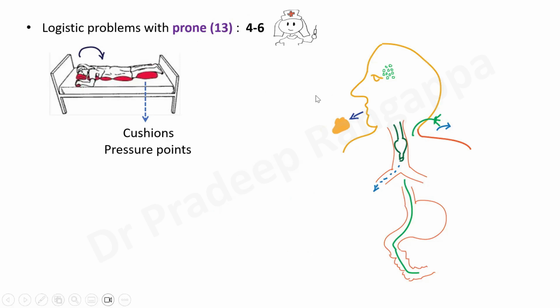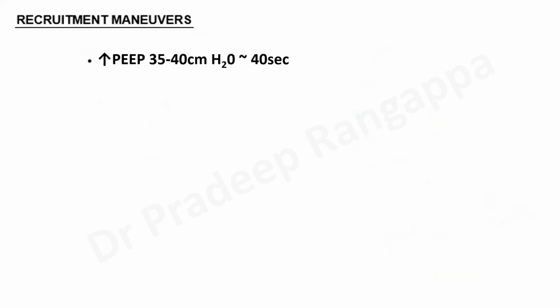And there are certain complications in proning. You can have conjunctival congestion or swelling around the eyes. There can be a lot of purulent secretions, and there can be migration of the ET tube, displacement of the lines, or migration of the Ryle's tube, and so on. So these are some of the technical challenges and complications in proning. And hypoxemia can set in during proning. It can be difficult, and there can be reduction in chest wall compliance, and one has to use neuromuscular blockers when someone is prone, and if they have arrhythmias, that also can be problematic when they are prone. So these are some of the intuitive problems that one could face.